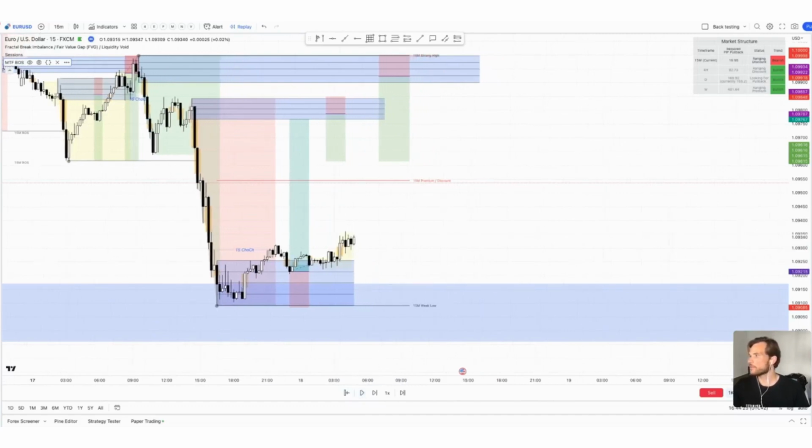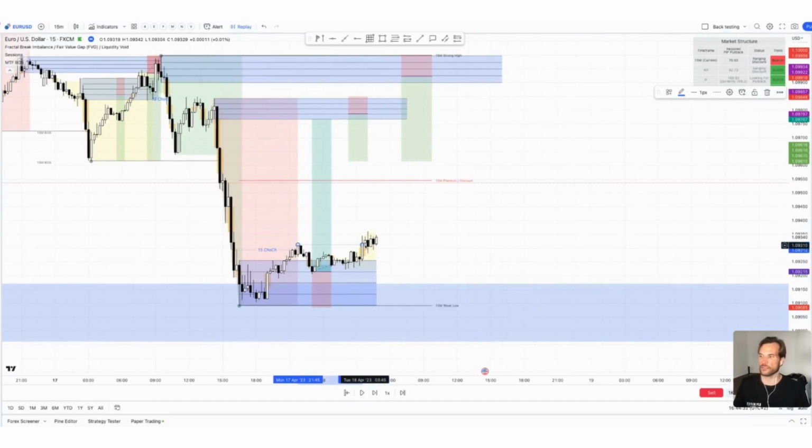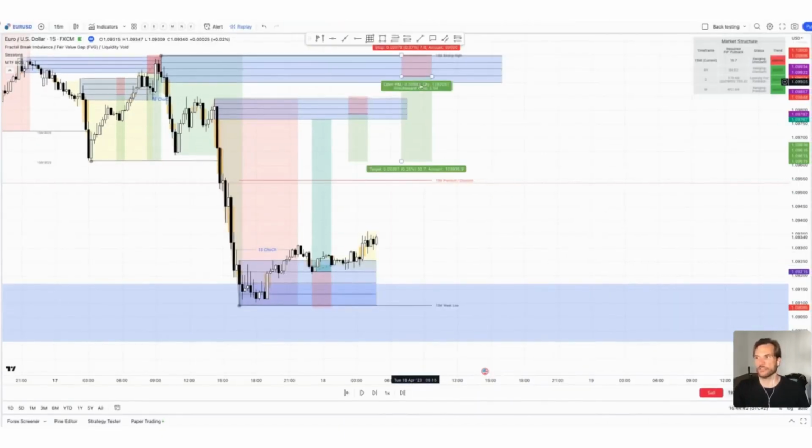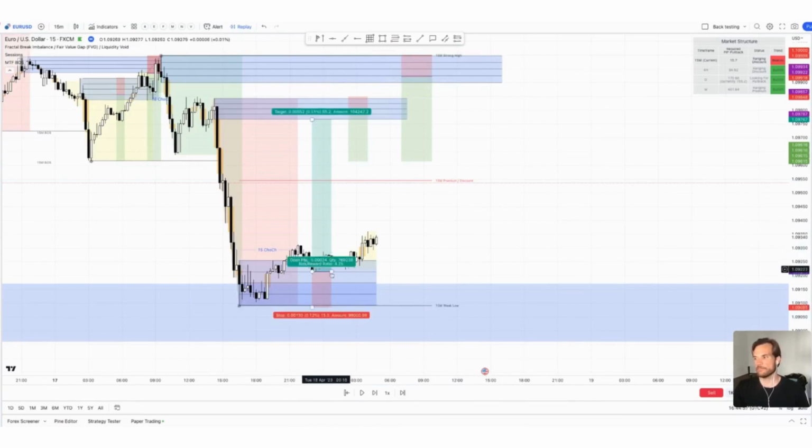Okay, so you could almost say we're now, you could trade internals here. But actually for this, I want to keep it as simple as possible for people that are learning. So all I'm going to trade, I think I did in the last one as well, is a less aggressive style. So I'm going to use this external. I'm going to trade with that trend or with reversal opportunities and CHOCH, and then see how we go. So I don't want to be messing with